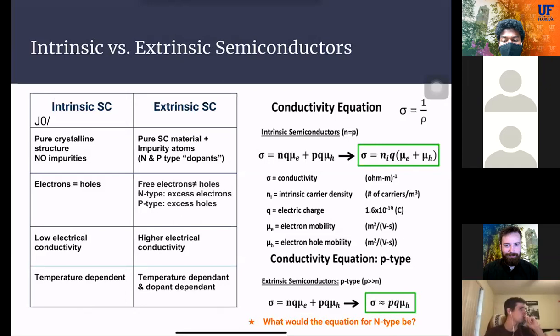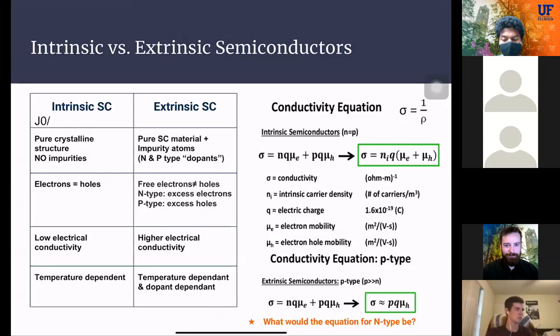Then there is mu E, that is the mobility of either the electron or the hole. Now, as an intrinsic semiconductor has an equal number of electrons and holes, both the electrons and holes contribute to the current. So the conductivity equation has two components, the electron component and the hole component. In the electron component, the number of carriers is the electron number, and in the hole component, it's the number of holes present in the